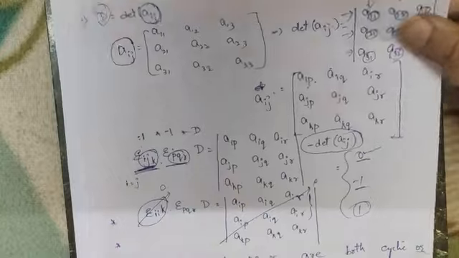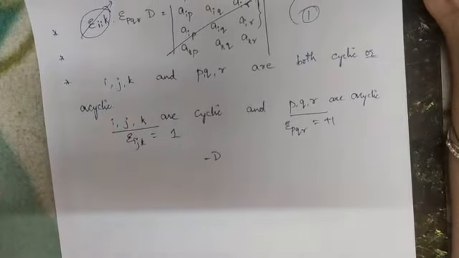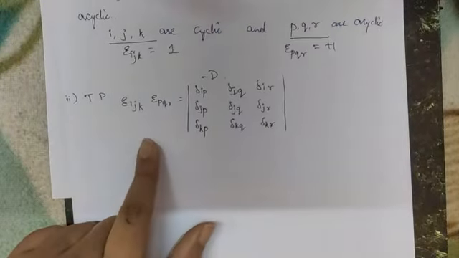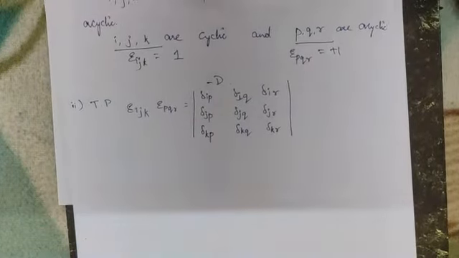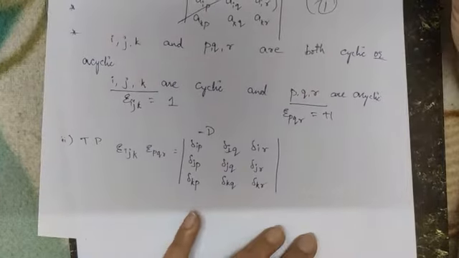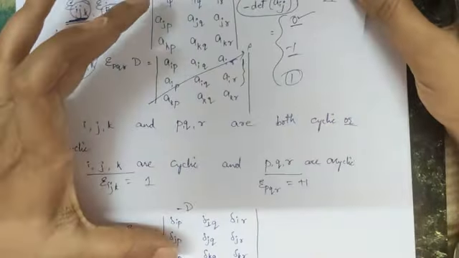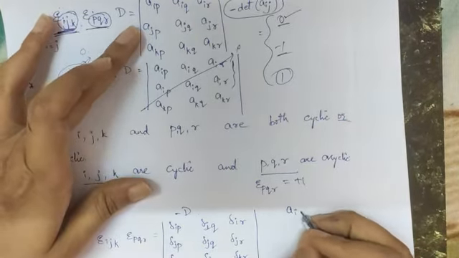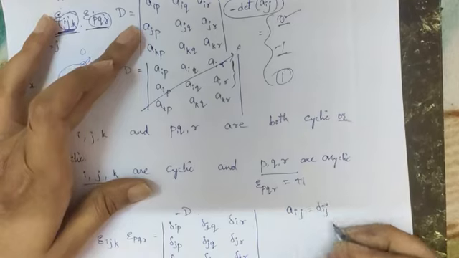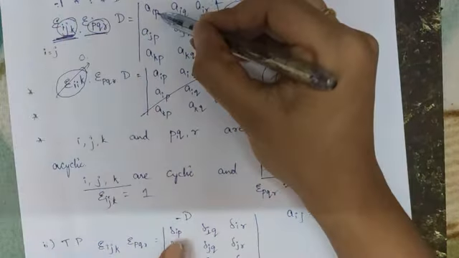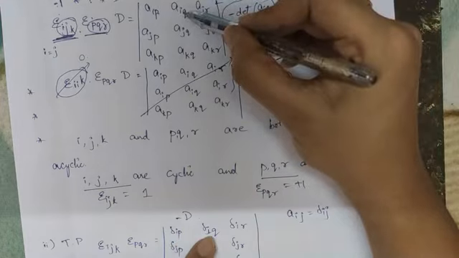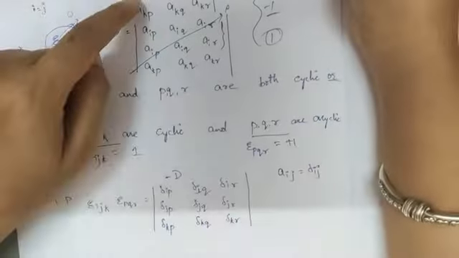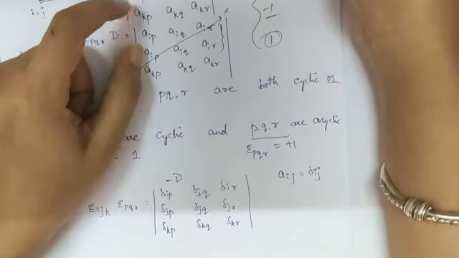Okay. Now let's move to the next problem. That is, if this is true, then we have to prove that this is also true. This is our second result. Now if you observe your RHS part, I can set Aij as delta Ij. So AIP will be delta IP, AIQ is delta IQ, AIR is delta IR. Similarly, JP is JP itself, but in the place of A, I have delta.